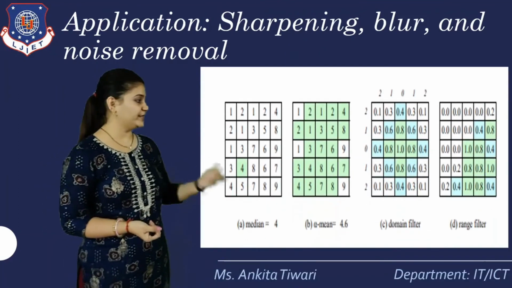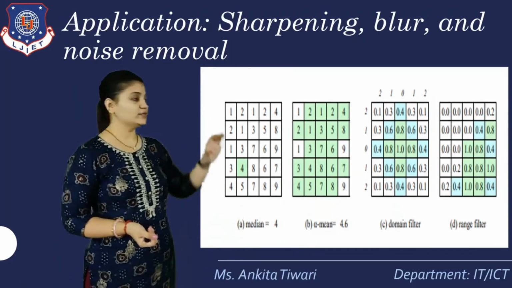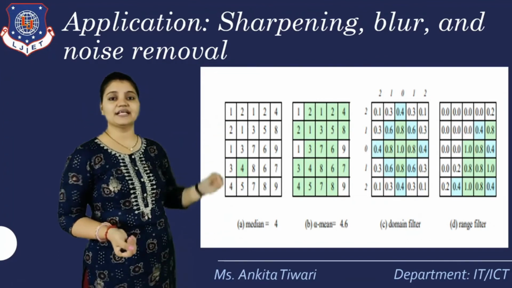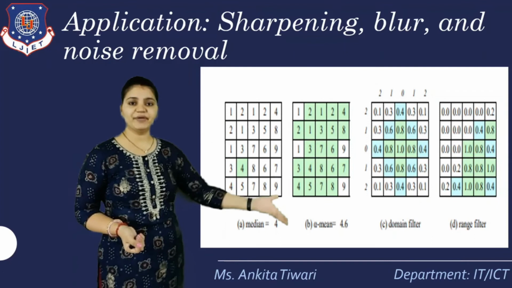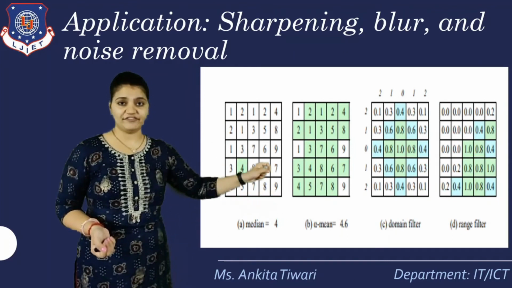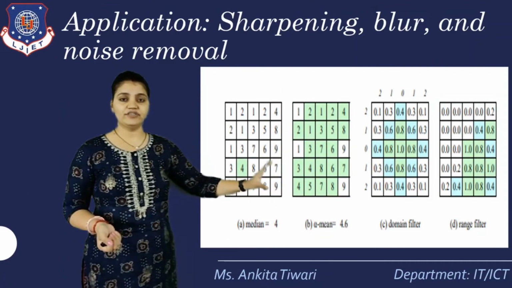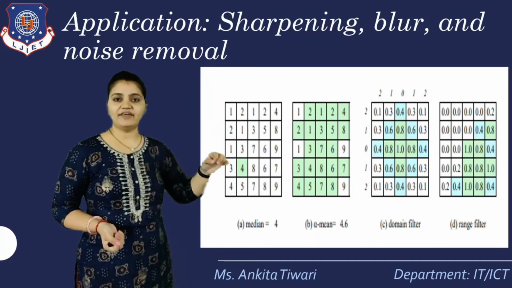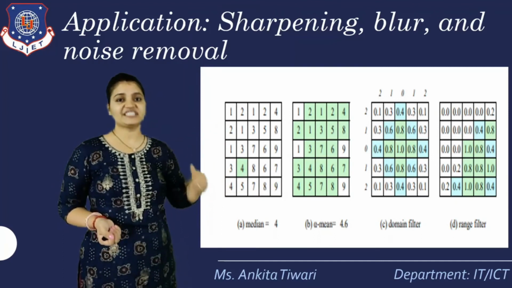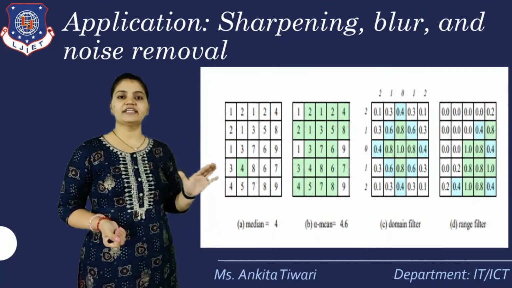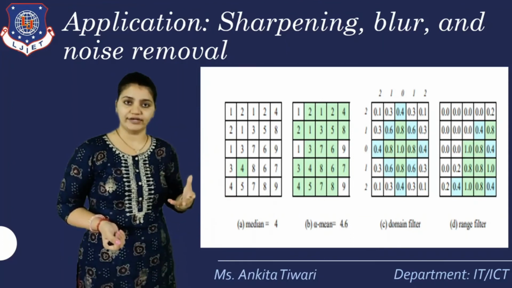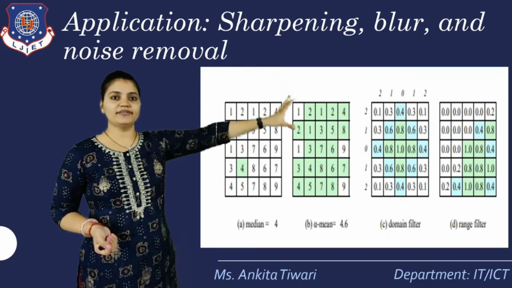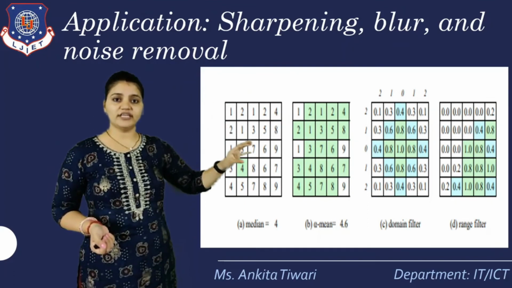Here, as you can see in the median example, we are taking the median value, and then we are selecting the neighboring pixels with respect to this median. We have the B part, the alpha mean, where we take the value and compare it with all the neighboring pixel values. Then we apply the domain filters, where values are multiplied by some weight so that the filtering takes place and the other neighboring values become equal, so that we can remove them. As you can see in the last range filter, some values have become 0.000. So this is the domain filtering process.